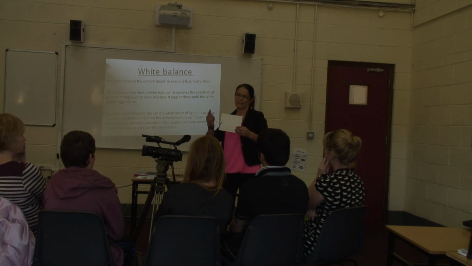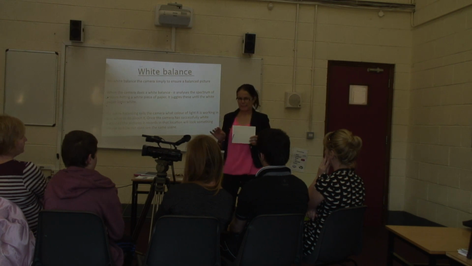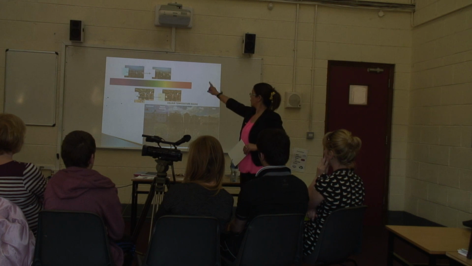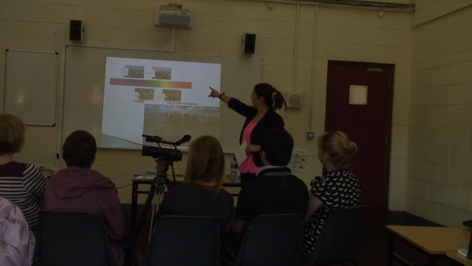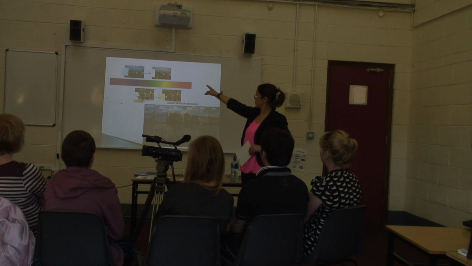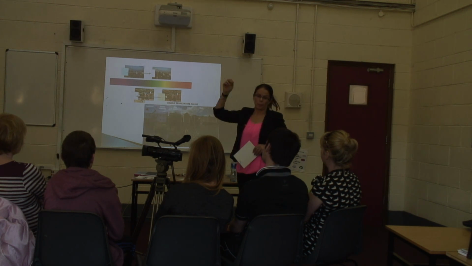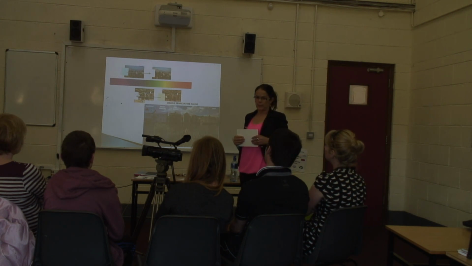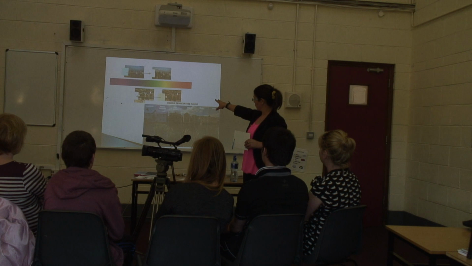It then regulates the entire spectrum of colours to this is white, and then it picks up all the colours around the environment. I understand it's a bit technical, so here is an image. As you can see, the top image is blue, so that hasn't been white balanced. It looks very dull, and after it's white balanced, it looks a bit more natural. So it's a warmer picture, so you know that it has been white balanced, and the same as the one below.